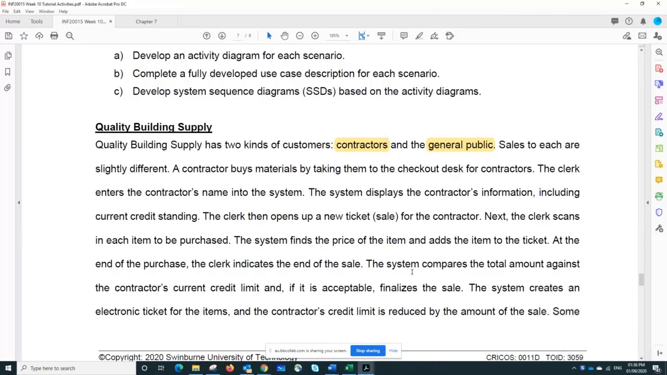In the sale, the system compares the total amount against the contractor's current credit limit, right? So there's a task done by the system. They compute the total, and then there is a condition, right? Checking the credit status, right? That condition can be yes or no, right? Credit can be over the credit limit, or the credit is at a normal level, right? If it is acceptable,